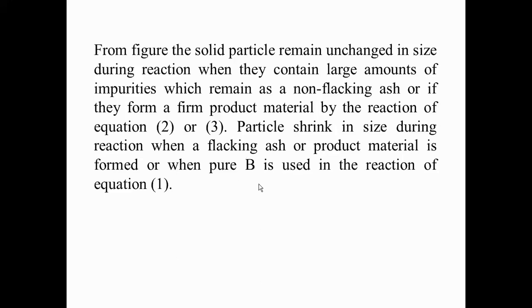Suppose, for example, we have already discussed oxygen and carbon. Carbon, that is graphite. Graphite is the pure form of carbon. If it reacts with oxygen, then it forms CO2. So this carbon is completely reacted in that case. Another carbon is used, and this carbon is not pure. Means there is some impurity, so ash will remain there.